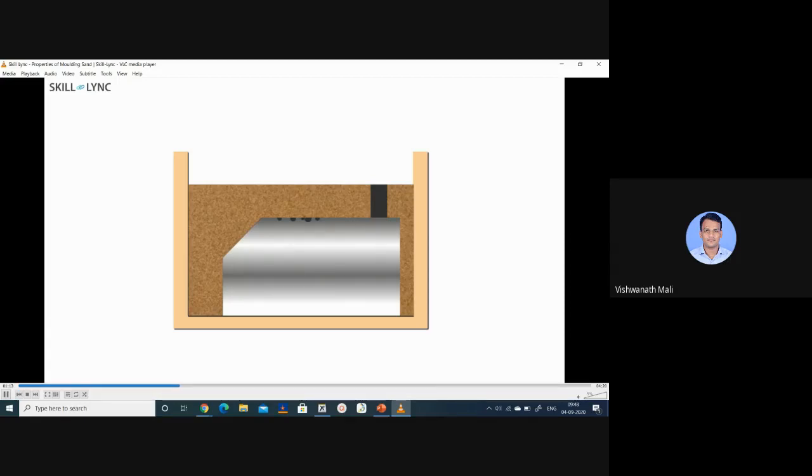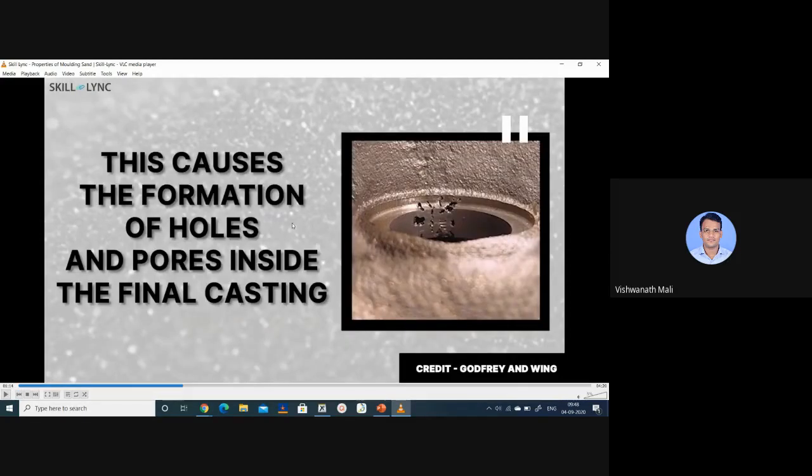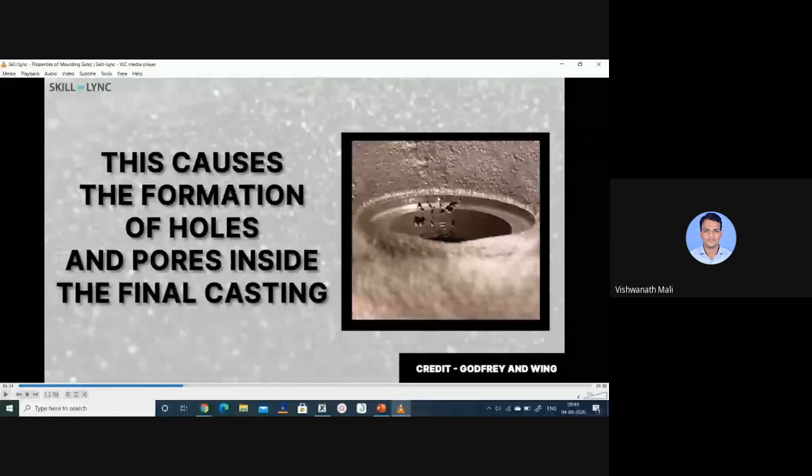You can see here the original part. And here is the part prepared by casting, and if the bubbles or air have not gone outside the mold, then this type of defect may be there in the casting products. So to avoid that,